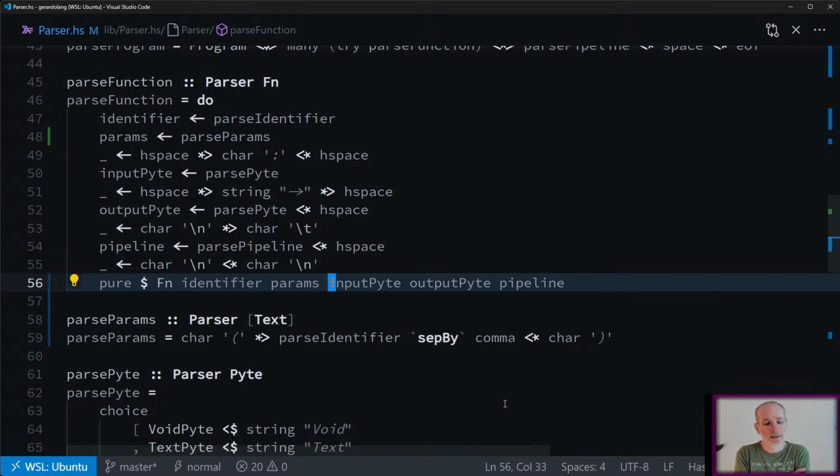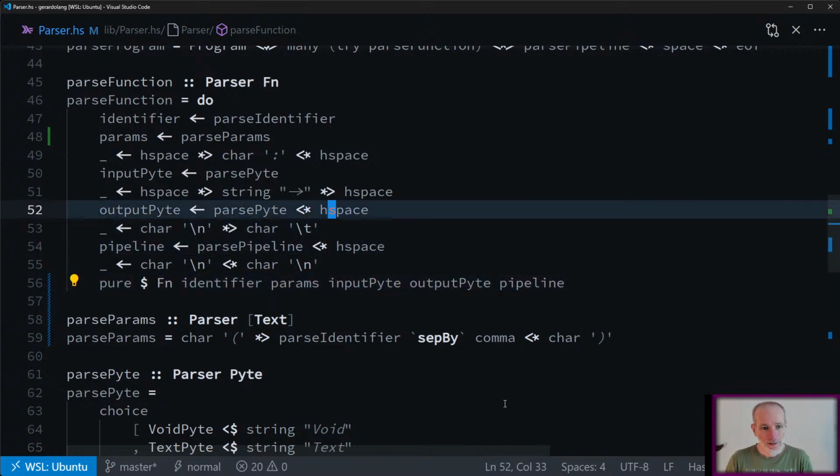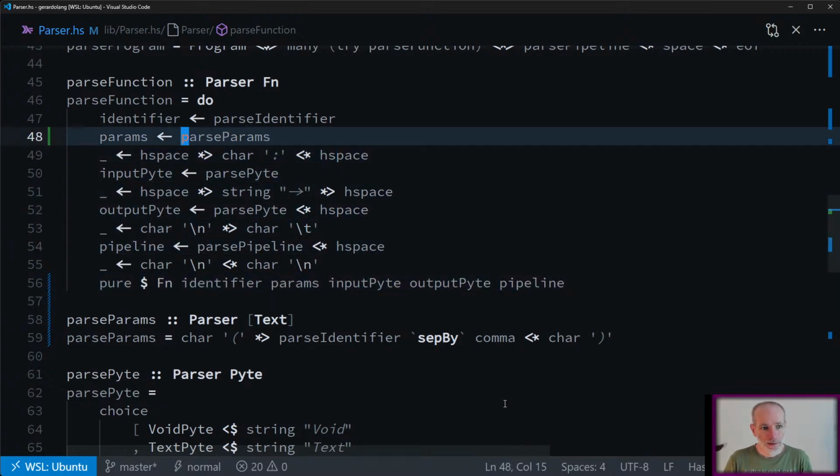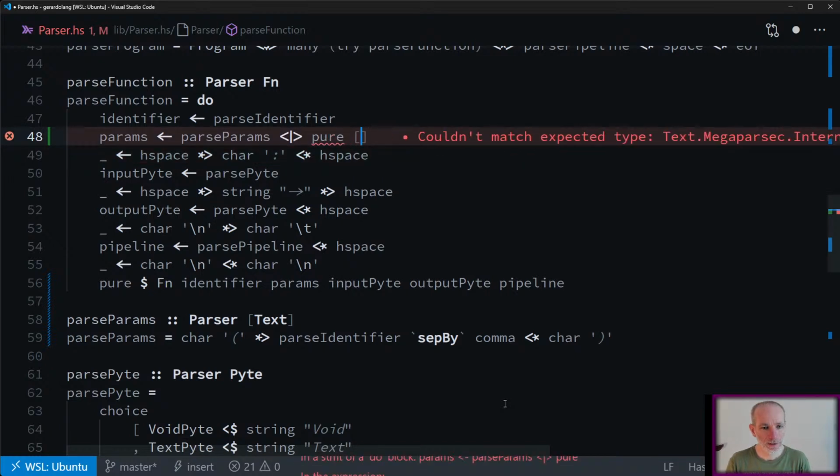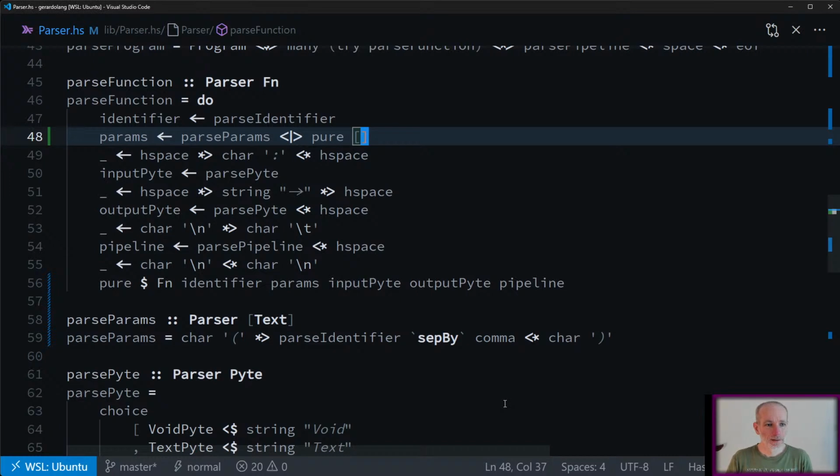Okay. So we go identifier and then params, which is okay, but that assumes we always have params. So if we don't match the bracket, then what we want to do is just return an empty list. So can I just, I don't know if I can do this or not. Can I say or pure empty list? The compiler thinks I can, but